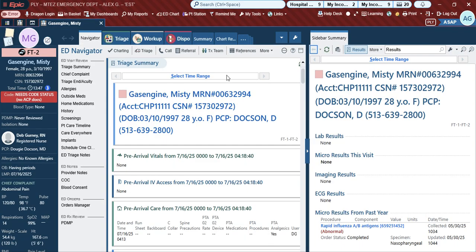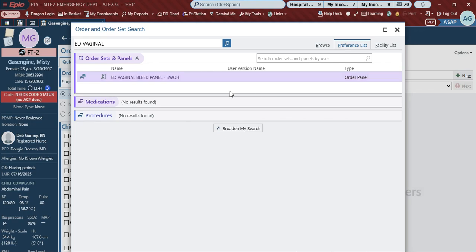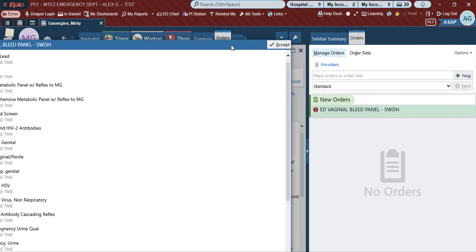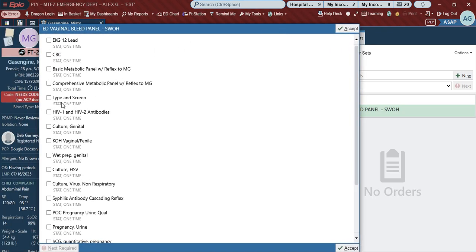Talking about another special kind of order set, if you had to do a pelvic examination, for example, this might not be what it's called in actual Epic, since this is Epic Playground. But here,